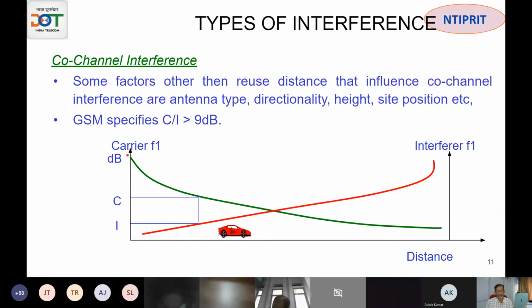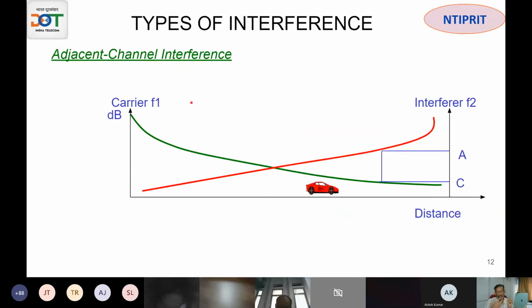So you need to worry about the co-channel interference, which is the same channel getting interference. The golden rule is that you always have to be 9 dB above the interference. So you have to lead the signal by 9 dB. That is a basic principle. And in terms of adjacent channel interference, the interference can be not more than 9 dB stronger than you. So these are the two basic fundamental principles of interference.